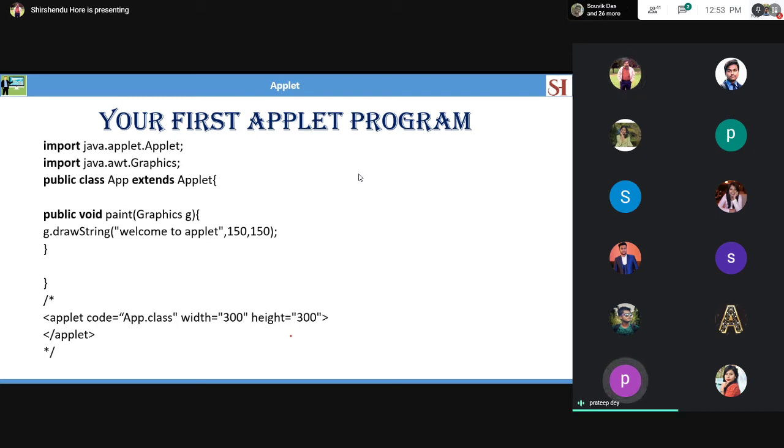Import java.applet, so it is importing the applet package, then importing the graphics package from AWT. Why are you taking the graphics? Applet is by default graphical. Without graphics an applet will not work, so you must import the graphics. Okay.